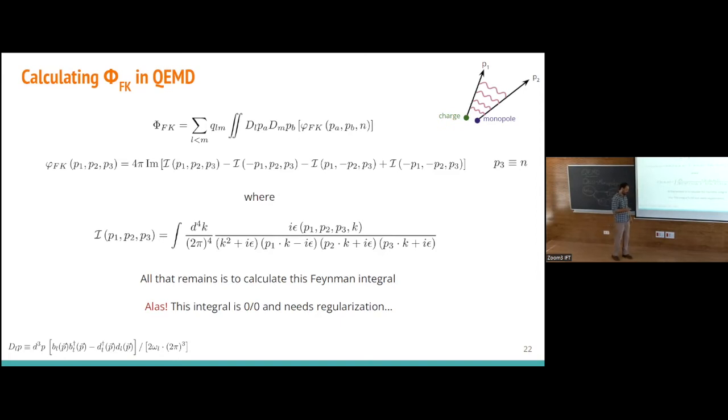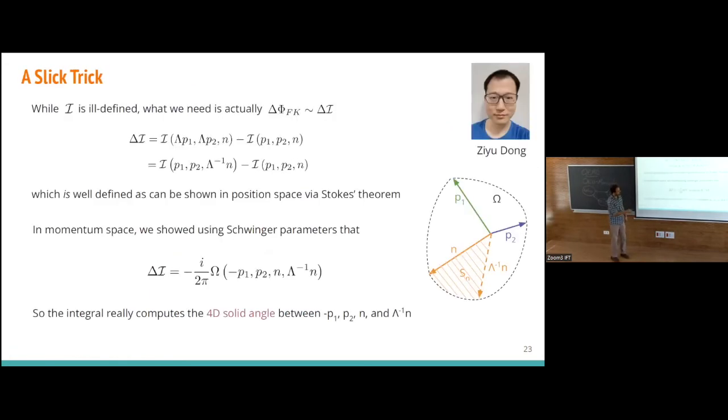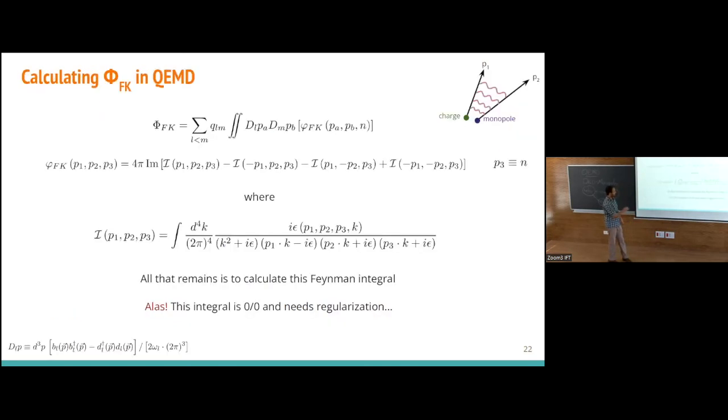And for several months, I've kind of banged my head against this integral and didn't really know what to do. Until Xu Dong, who's a student in the Beijing group who's been in Cornell for a year now, working with Chaba, came up with simply a brilliant idea that saved us. And this idea was that we actually don't need to calculate this integral, because all we care about is not the absolute value of this phase. We want to know what the delta of this phase is under a Lorentz transformation, because we want to know the Lorentz transformation properties of this quantum state.